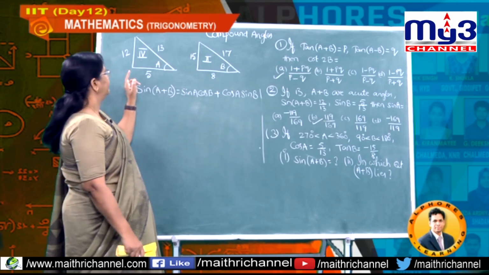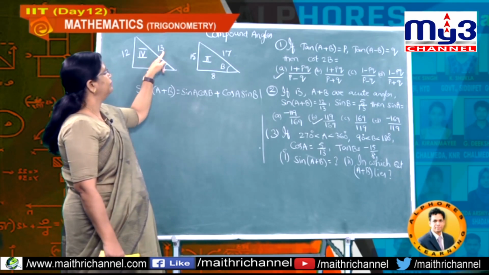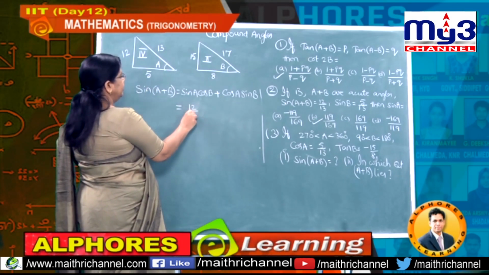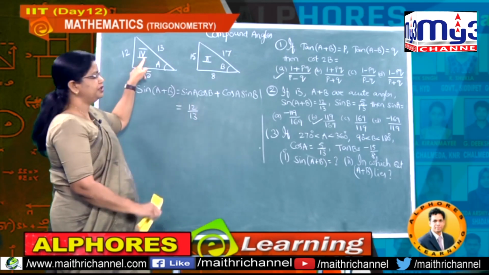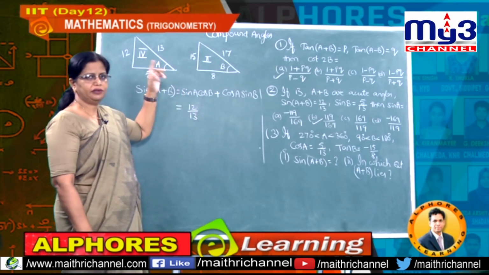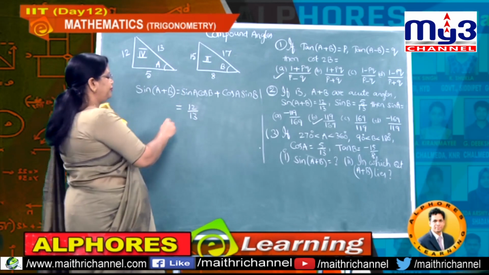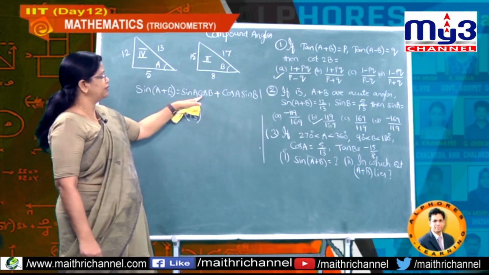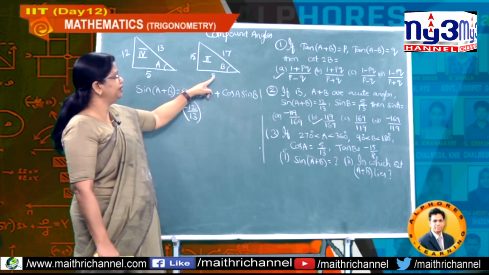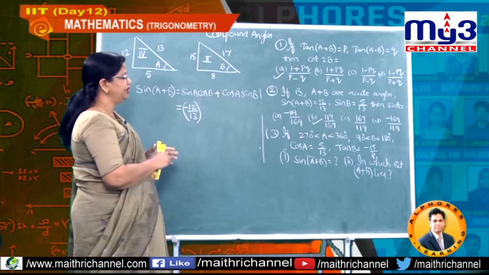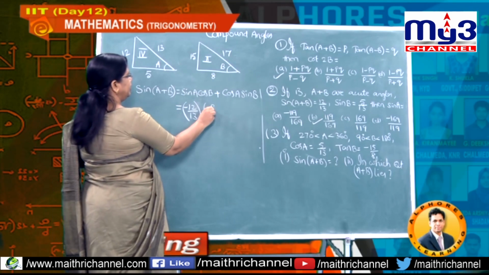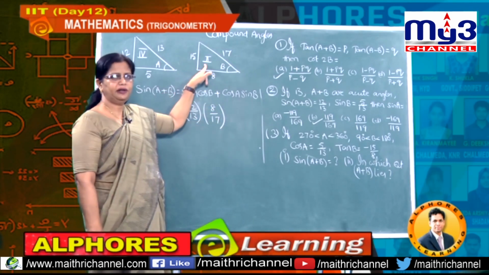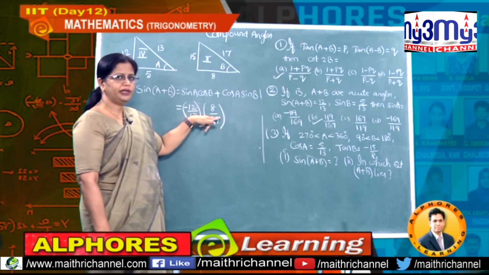Now, sine A, what is sine A? Opposite side by hypotenuse, that is 12 divided by 13, okay. But A is in which quadrant? Fourth quadrant. So, what do I have to do extra? Put a minus symbol and immediately put a bracket, okay. Next, cos B. What is cos B here? Adjacent side by hypotenuse, that is 8 divided by 17. And again B is in which quadrant? Second. Therefore, what do you have to take extra?